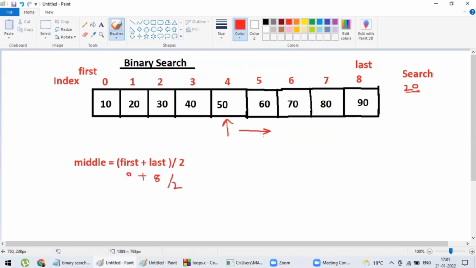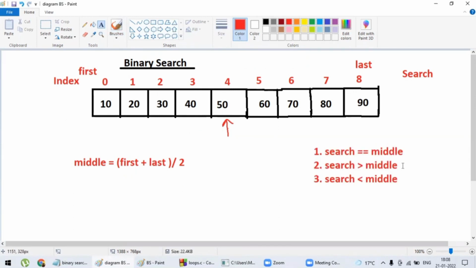You have to first compare 20, that is your searched element, with the middle element. If your searched element is smaller than the middle element, start searching in the left hand side. And if your searched element, let's say 80, is greater than your middle element, you have to search towards the right hand side.